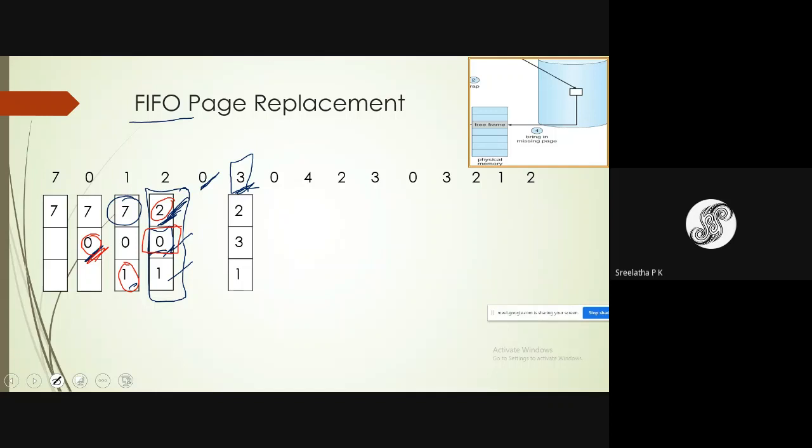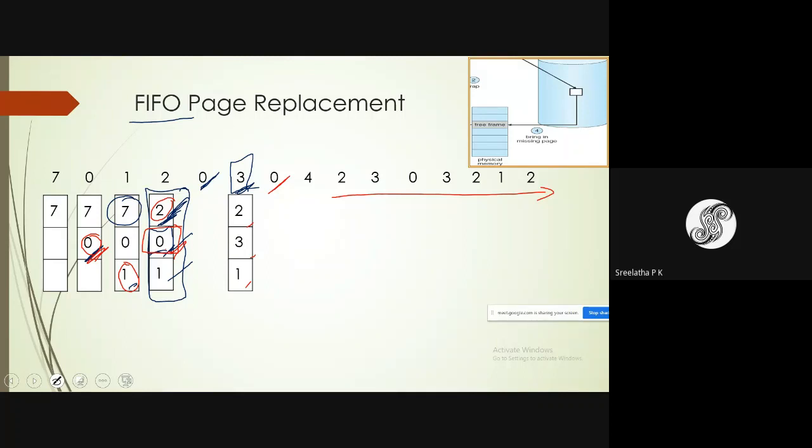The process continues. Meanwhile, you can finish off in your books. Next, page number 0 is required. Page number 0 is not available in primary memory. It was just replaced. The pages available are 2, 3 and 1.